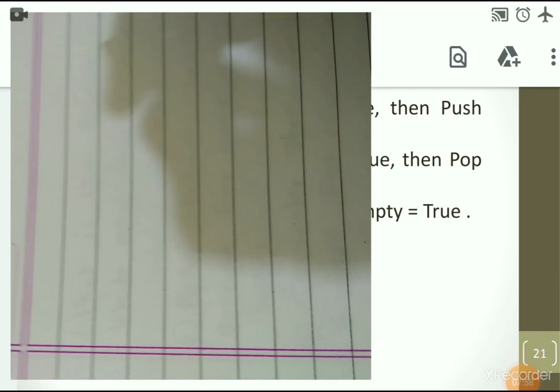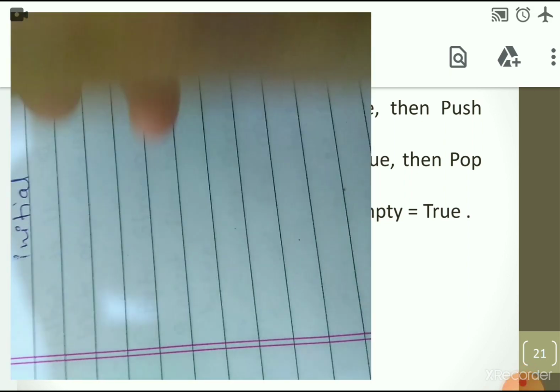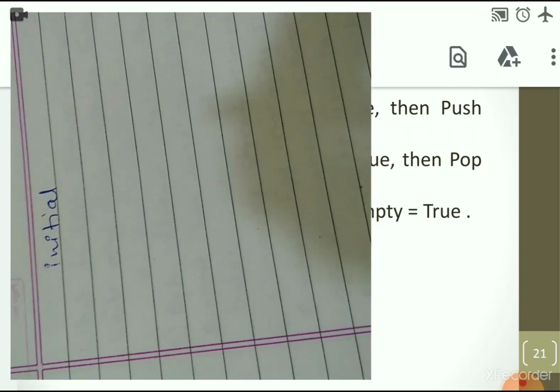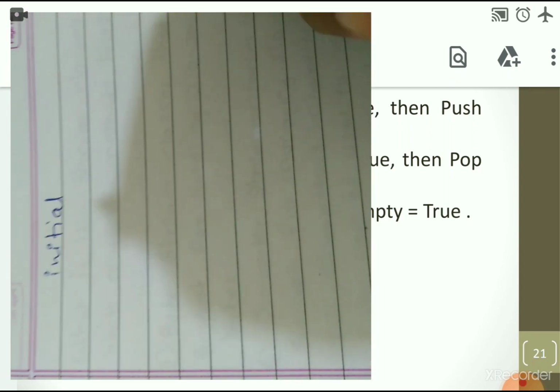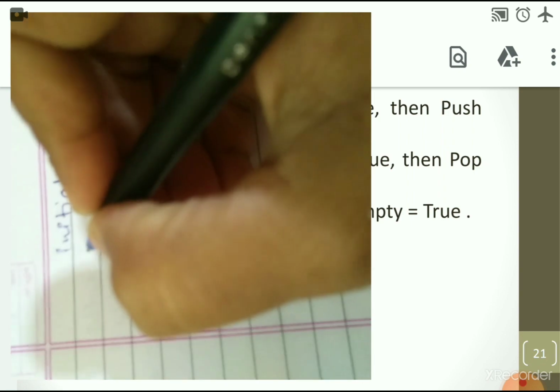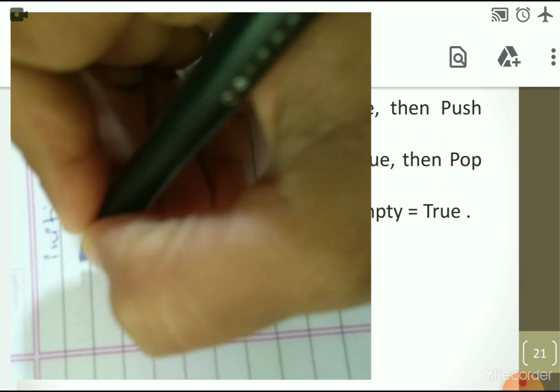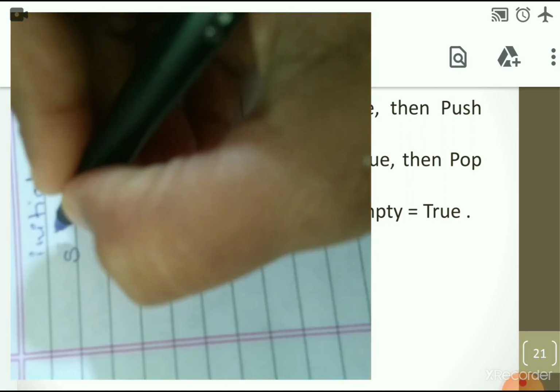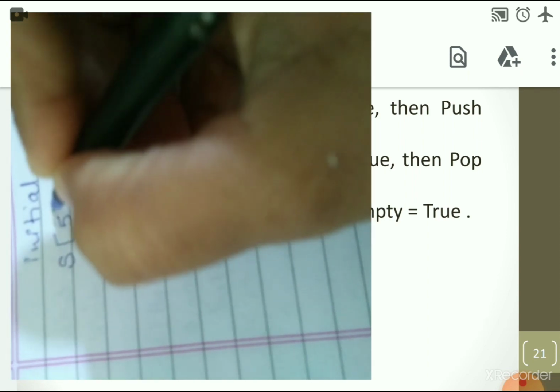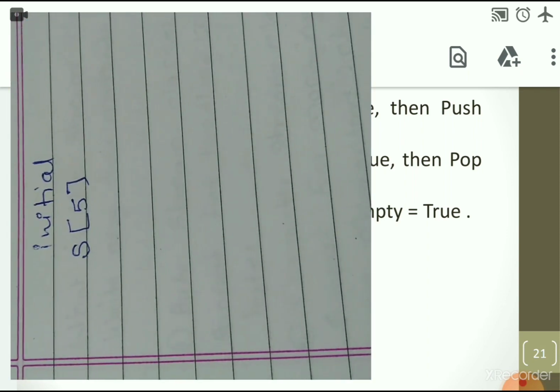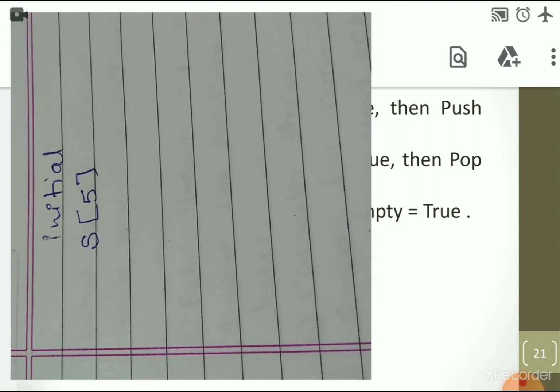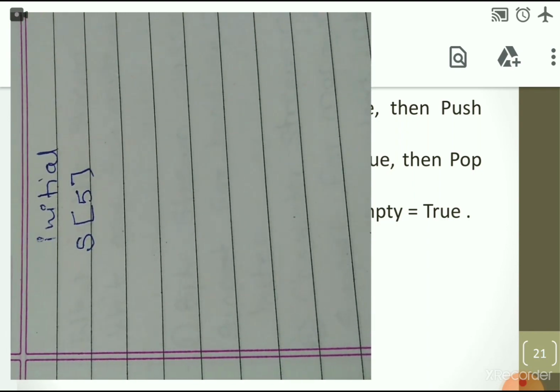Now say when the stack is empty, that is at the initial stage, we have to declare some variables, and some array. So we have taken an array, say the name of the array is s, and I have declared the array of 5, s of 5, to implement the stack.